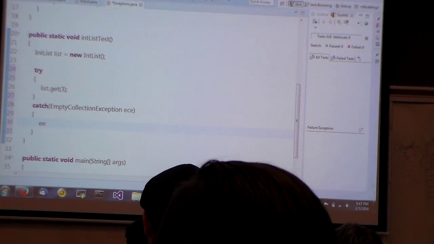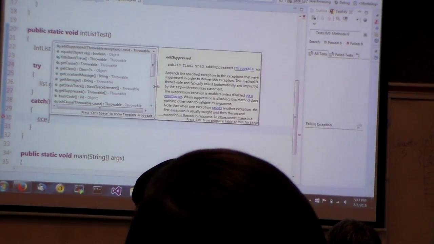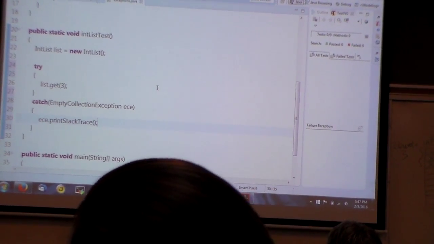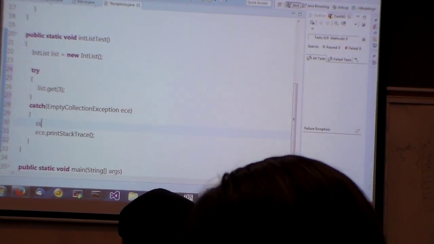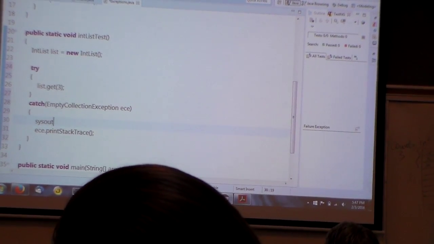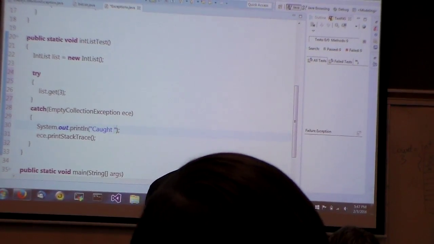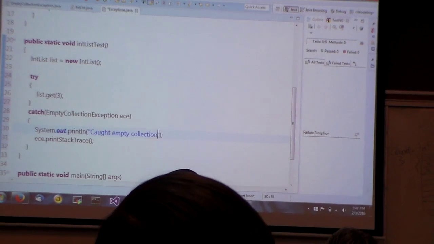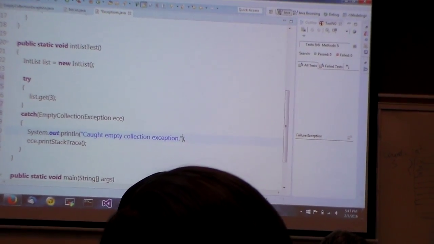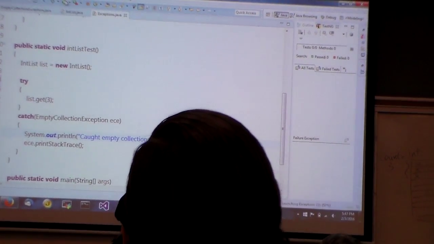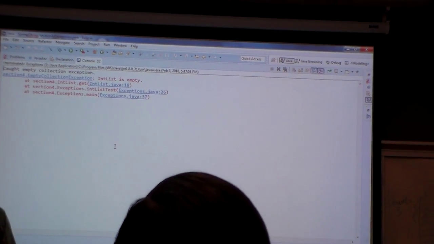We'll just do ece.printStackTrace. And then we can do something like "caught empty collection." Let's try this again. And you notice at this point, because I have that print statement, you're probably going to want to do something else. You're not necessarily just going to want to print out a message, but that's the idea of how exceptions can be handled. We're going to talk more about